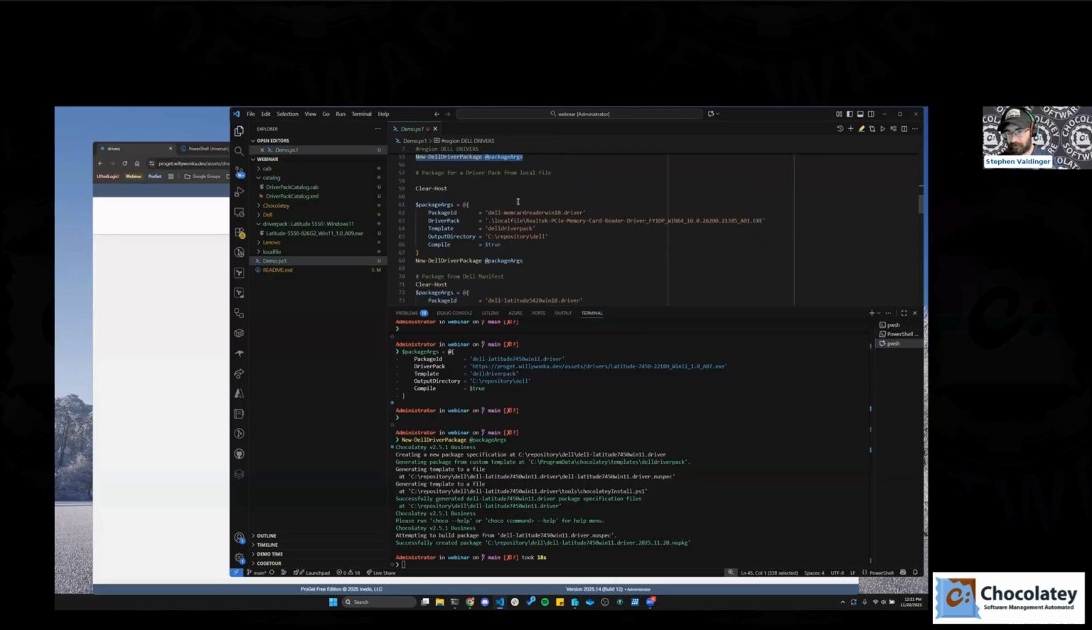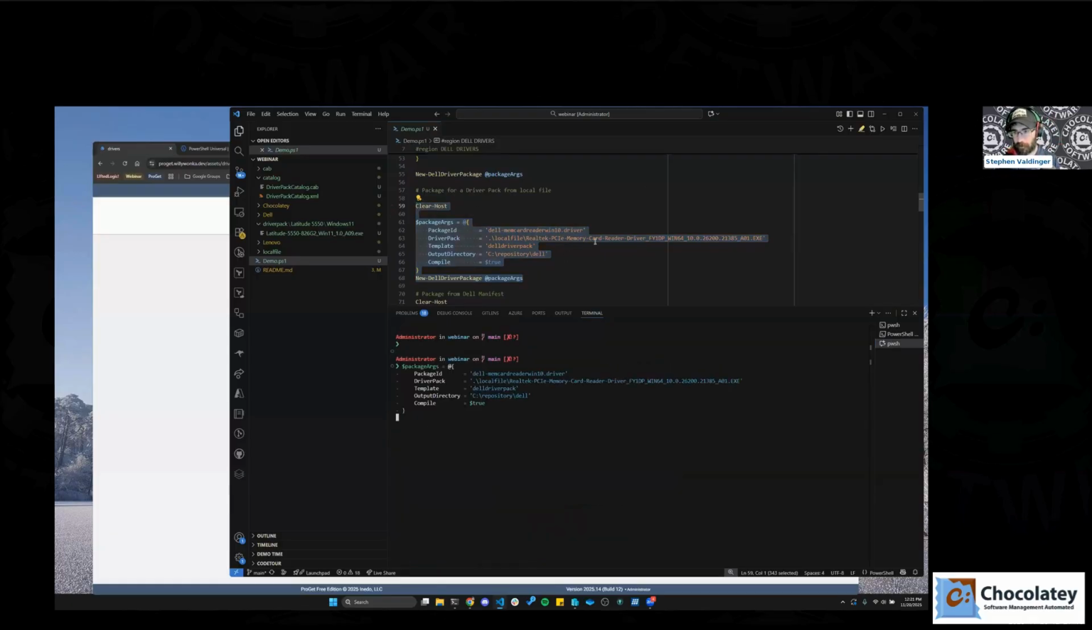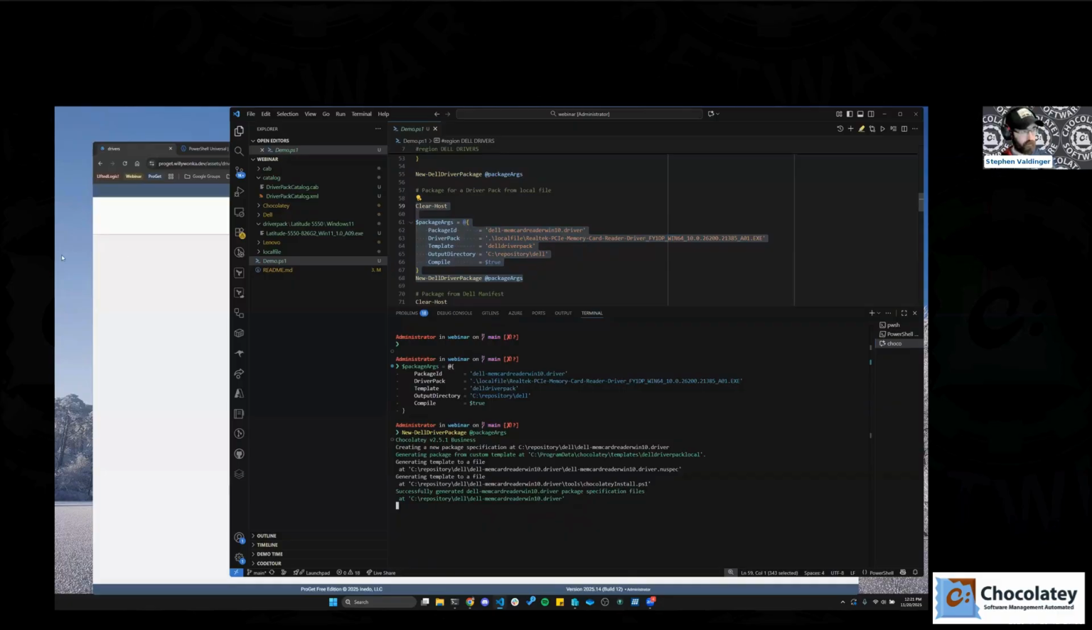Again, the same thing for a local file. It's doing the exact same thing, but this is just putting a different kind of spin on it, just to show that you can use that same Dell driver pack and it does a different thing if it's a local file. And where did I put that